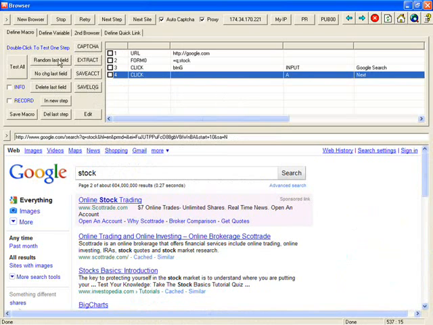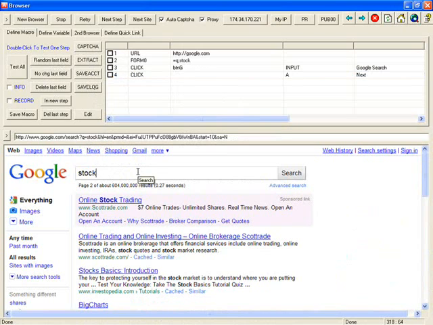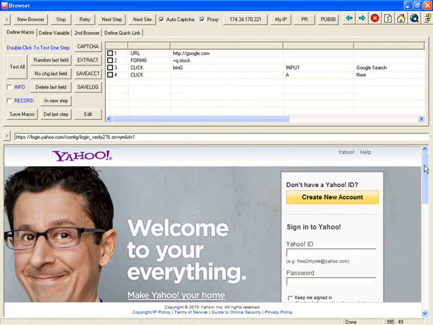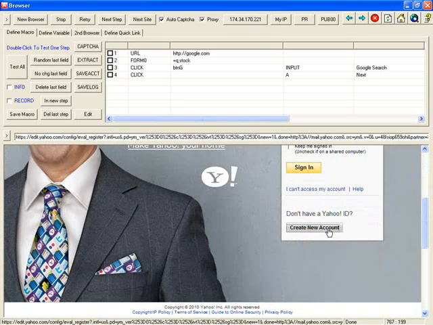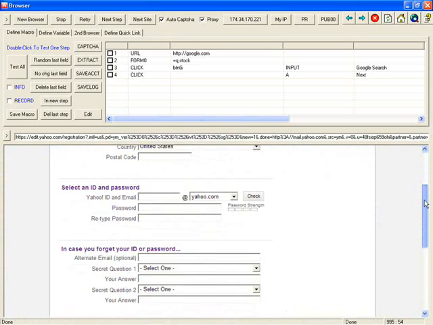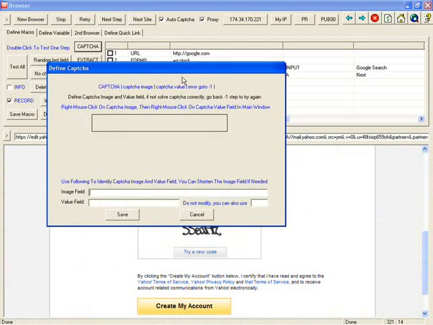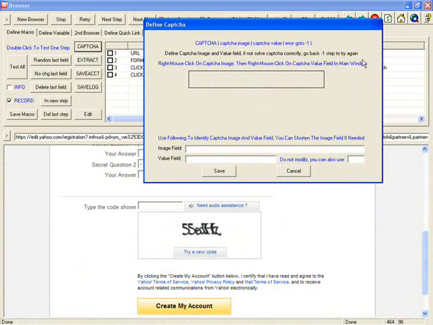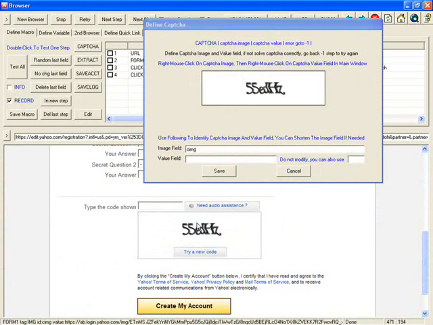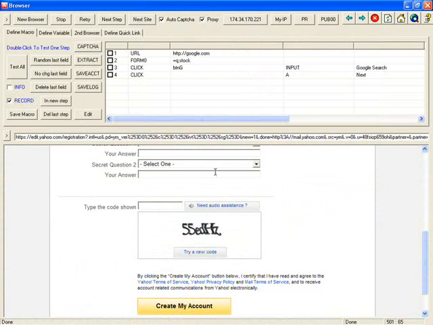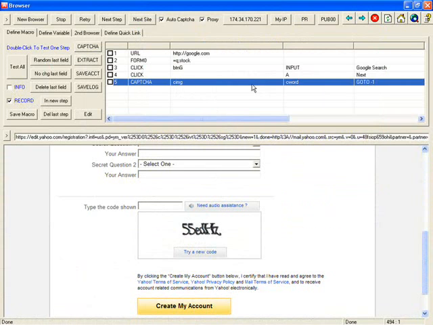For example, in this form, let me go to one website that has a captcha, a more complicated form. I know this create Yahoo account has a captcha, for example. To define a captcha, do not type in your data. Let me turn this on, because next time the captcha will be different, right? So click this captcha button, follow the instruction: right mouse click on the image, right mouse click on the word, and say save. So this captcha